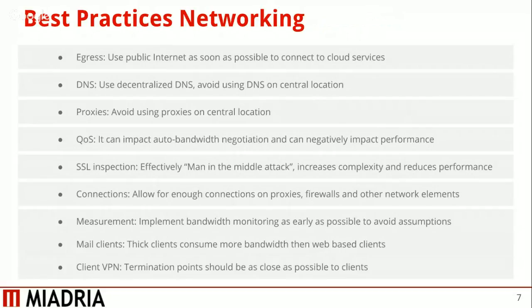Firewalls and proxies especially can limit the number of TCP connections, and today cloud applications are using hundreds and from time to time thousands of simultaneous connections, which can put a huge strain on those network elements, and you can have adverse effects